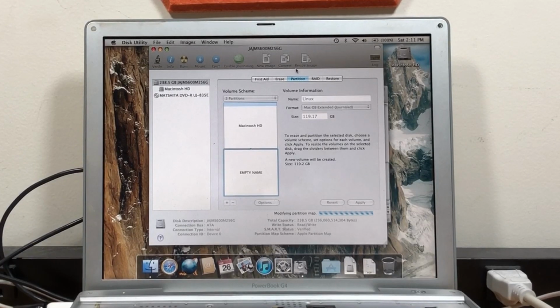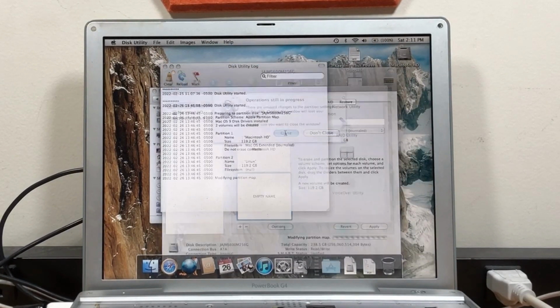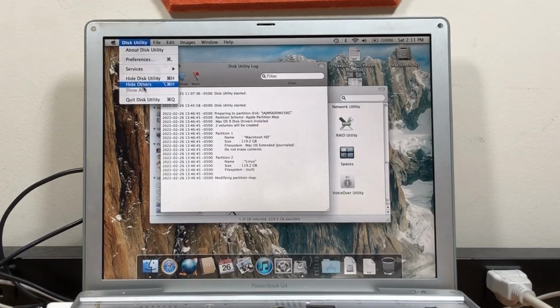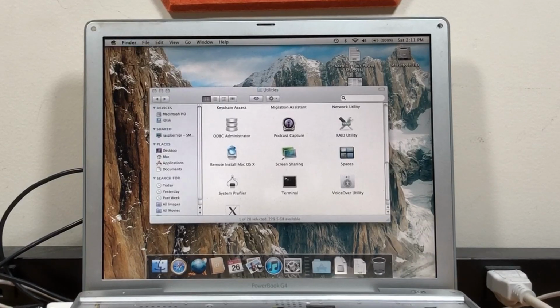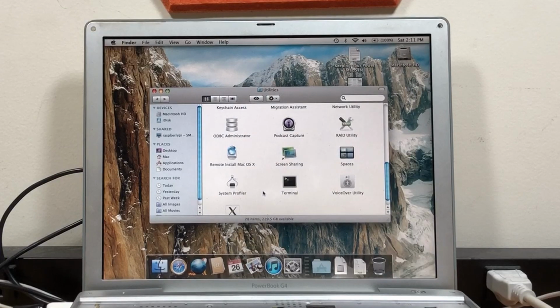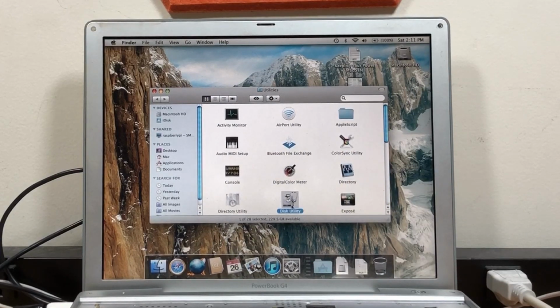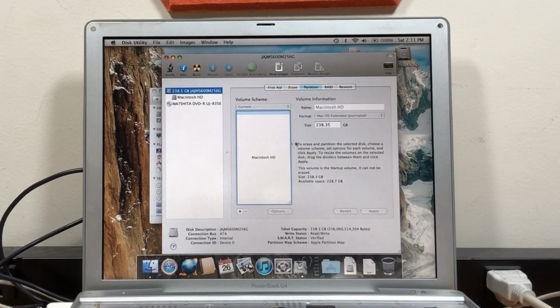One eternity later. Alright, the computer's been sitting here for around half an hour, and it's doing absolutely nothing. I'm going to have to force close Disk Utility, or it just quits with no problems. I'm guessing this is sometimes a glitch that happens with Disk Utility in this version of macOS and a lot of older versions, where Disk Utility will say it's doing something, but it actually is doing nothing. And if we look at the hard drive here, yeah, absolutely no resemblance of changes being made.